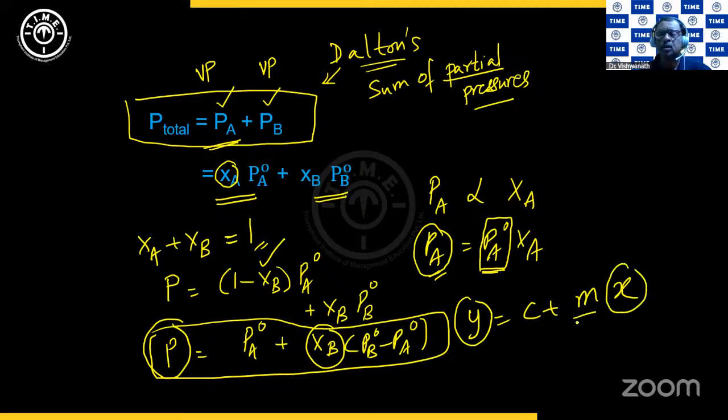And what will be the slope? The slope will be PB naught minus PA naught. What will be the intercept? Intercept will be PA naught. This is clear? Even for those who are not from the mathematics background, those who are